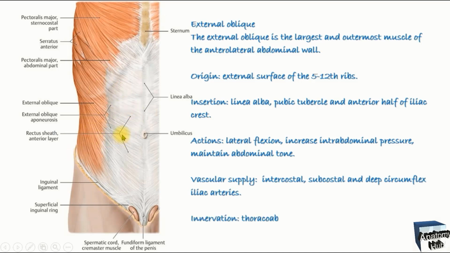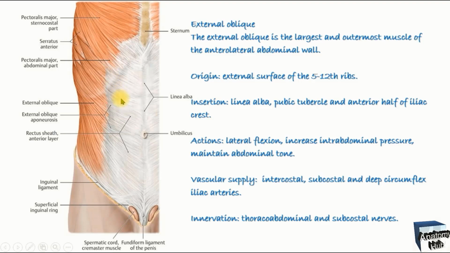So when this muscle contracts, lateral flexion occurs, and it increases the abdominal pressure and maintains the abdominal tone, right? And its vascular supply is the intercostal artery, subcostal artery, and the deep circumflex iliac arteries. So its innervation is by the